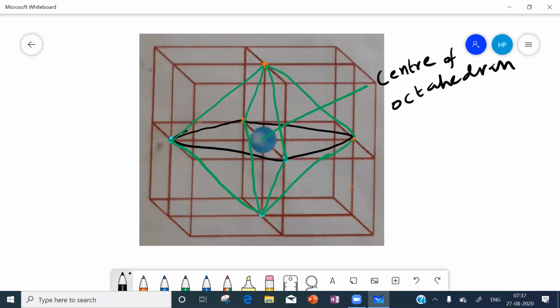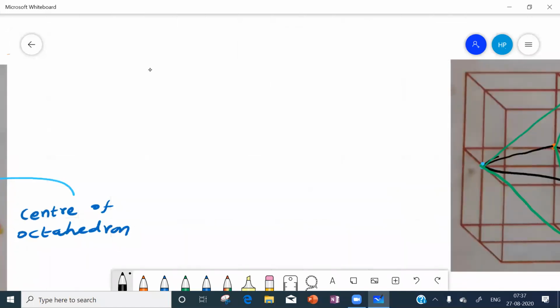Do you say it is a void? If you say it is a void, which void is it? First, do you agree this is an octahedron? So you are saying that this center of the octahedron is an octahedral void.